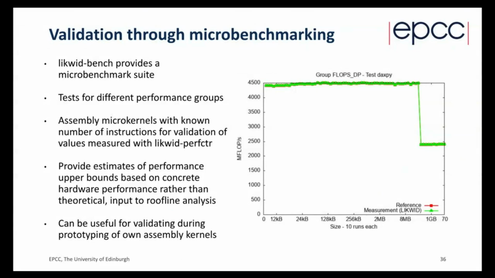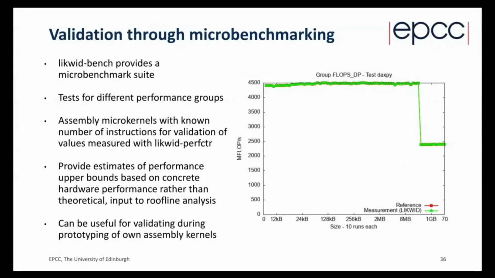And that means that knowing just those number of operations of each kind and measuring the CPU clock, you can compute what the flops should be, or what the cache misses should be, whatever, and then you can compare that to the results that you're getting with liquid perf counter based on the event counters and the metrics